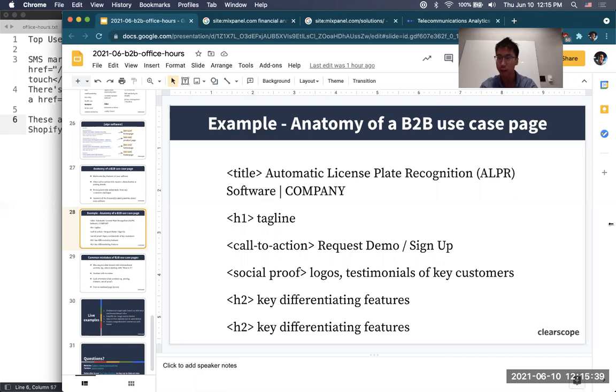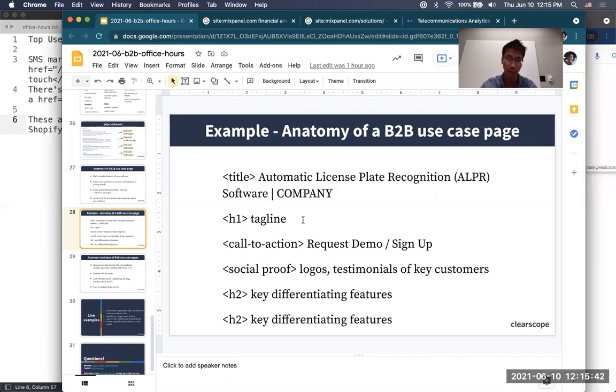Obviously, I am biased, but I think starting with a Clearscope analysis for a B2B use case page is pretty roundabout. It would be like saying I'm selling a new protein bar, and I'm basing all of my product landing page about the protein bar on what everybody else is talking about, which is what Clearscope does. What I want to do instead is talk about my protein bar and present it in a compelling way that's representative of my business or my product,